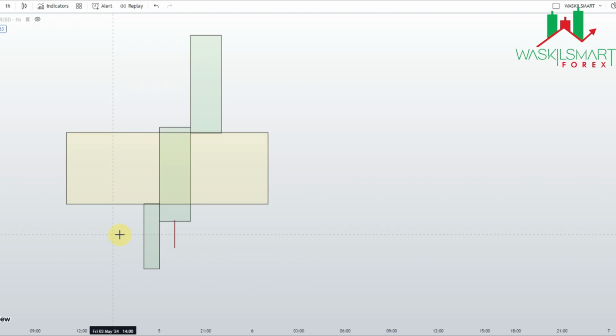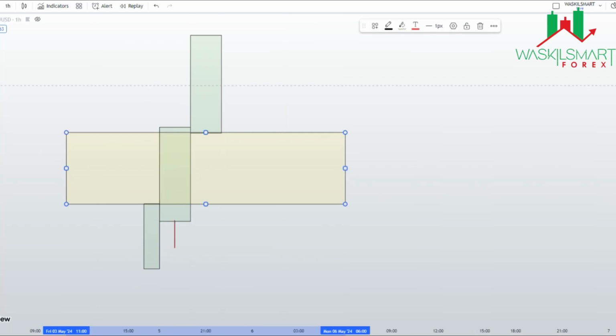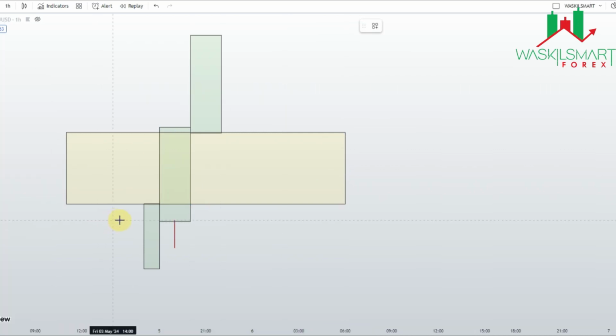So that is just the idea of the fair value gap. We have confidence based on the fact that we know the market can come back and trade inside it. Every time I see a fair value gap, based on my own understanding, it is combined with some other market structures. But whenever I see a fair value gap, what I always see is that there must be a reaction. The market is coming inside it, so it must react.